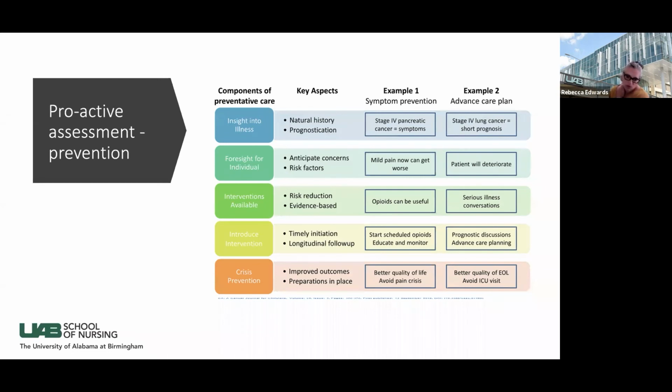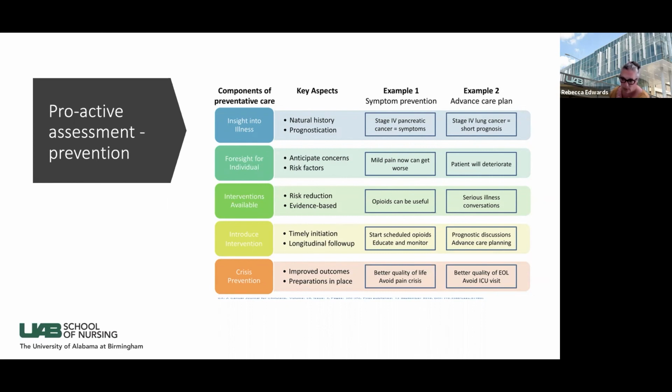Introducing the intervention, so making sure that we're initiating whatever intervention it may be based on the patient wishes and best evidence and the comprehensive assessment. Are we initiating things in a timely way, and are we following up? So it's not just a one-time decision, it's a decision over time as things evolve with the serious illness, the symptoms evolve, the experiences evolve, and we need to be making sure that we are staying on top of all of that. So it may be that we're starting scheduled opioids, educating, monitoring, keeping track of a patient, bringing them back in if possible, communicating by other mechanisms such as telephone or texting or whatever way is possible, telehealth when possible, and thinking about prognostic discussions as the serious illness progresses,